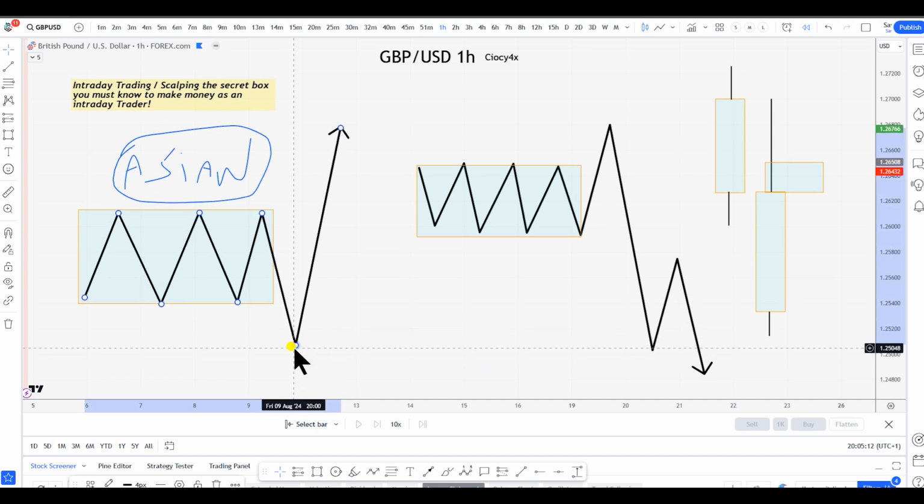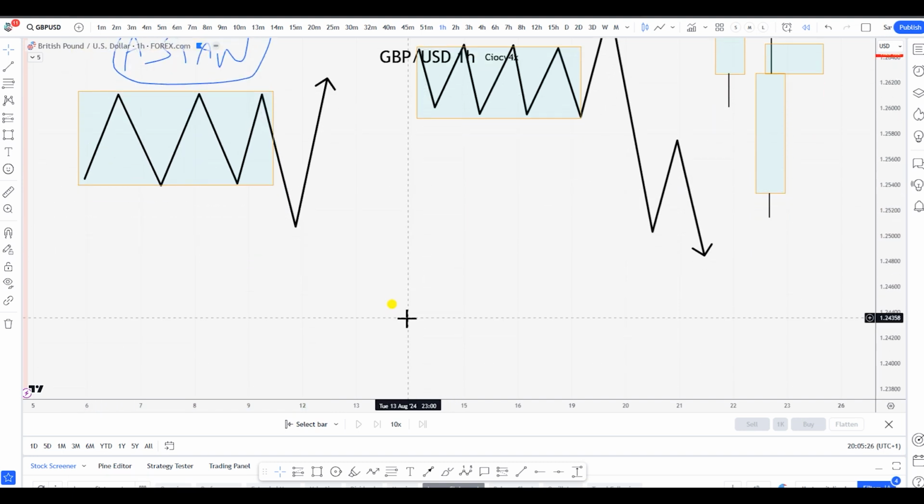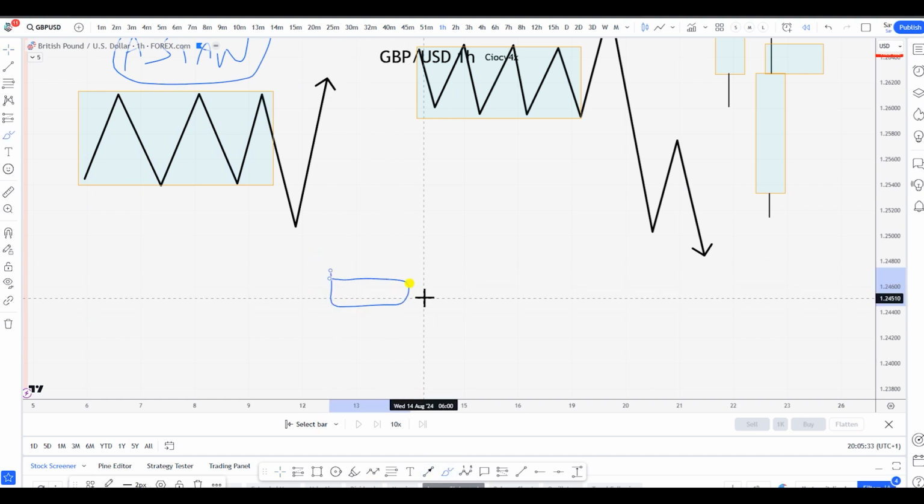And then once that happens, what you do is take your trades towards the next direction, which is the opposite direction, which in this case is the Asian high. So pretty much what people are trying to sell you out there, and trust me, they charge you a lot of money for it, I'm doing it for free literally, is that long story short, they will tell you all the time, oh, you've got this box, right? As soon as you see price expanding towards a certain direction, which is to the upside, then you take the trade to the downside, taking the Asian low as a target,